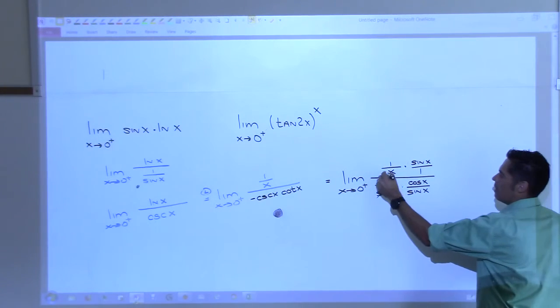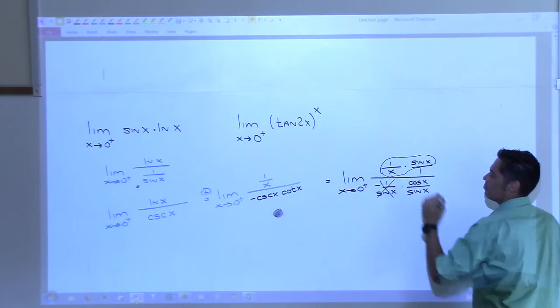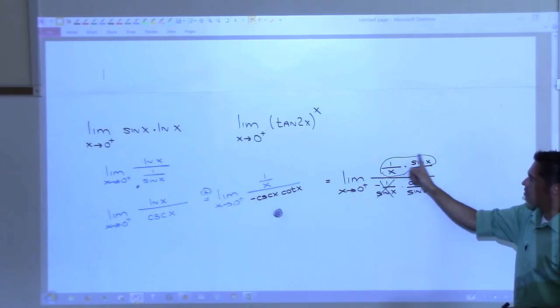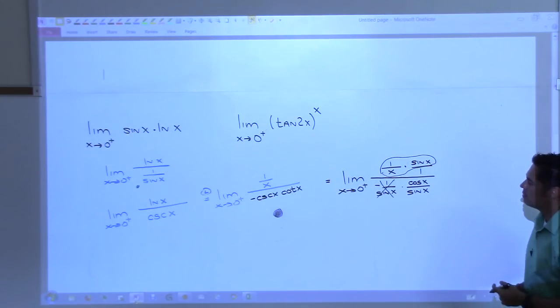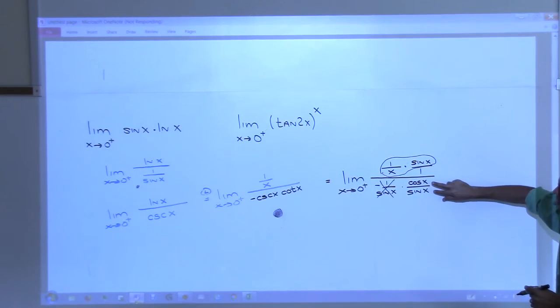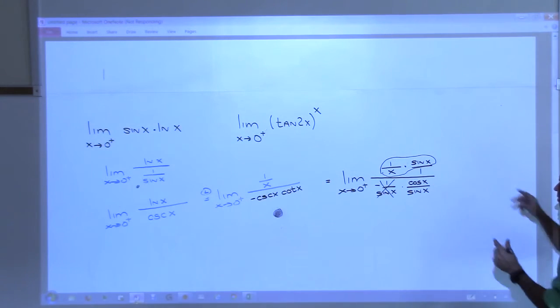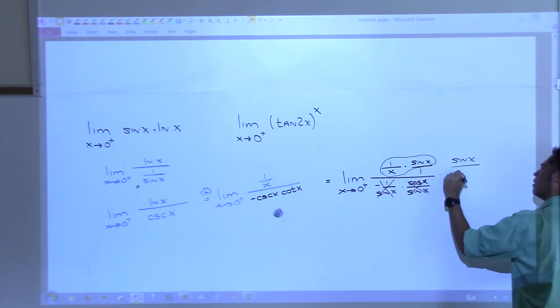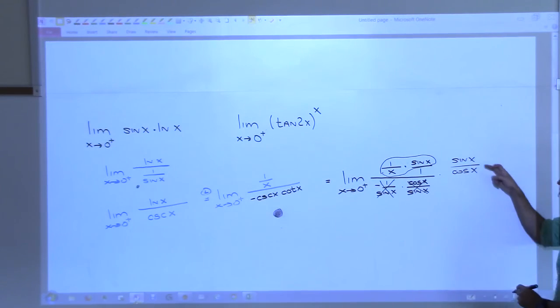What is this limit right here? It is 0 over 0, but wasn't that the one that you were supposed to remember? Yeah. At the very beginning? If you have like sine x over x, that's going to go to 1, isn't it? And then what about this cosine over sine? If I flip it and bring it up, I get 0 on the top and 1 on the bottom, don't I?